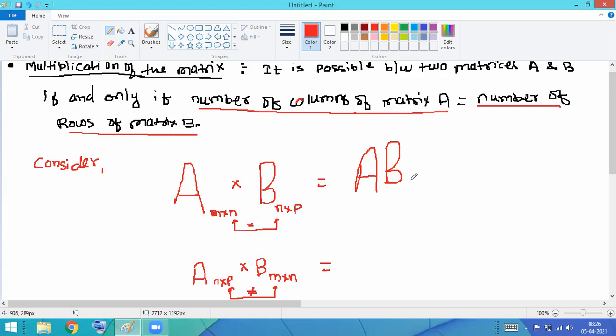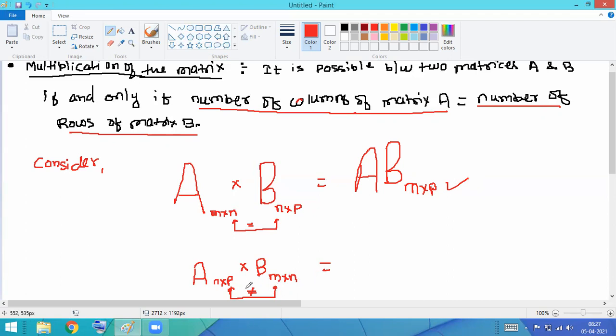Sri, can you tell me how we write the order? Do we write the row first and then the column? Row. So what is left in A? The column here and the row here cancel, so what is left with us? Row. So I will take M into P. Exactly. I will take the row from the A matrix, and I will take the column from the B matrix. That is M cross P, basically M cross P, and this will be the order of the product matrix or the final matrix.